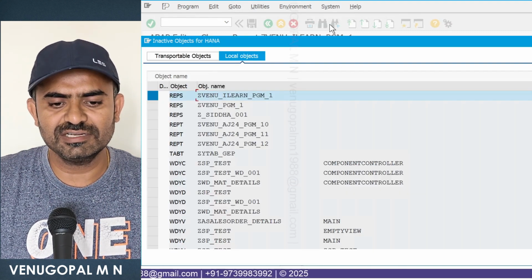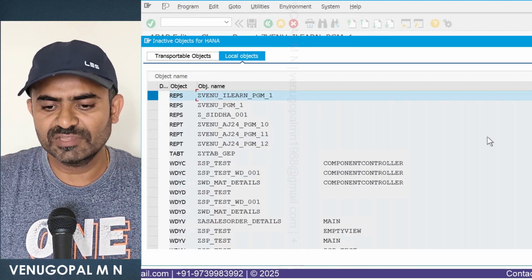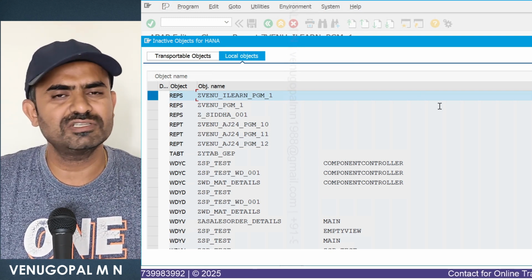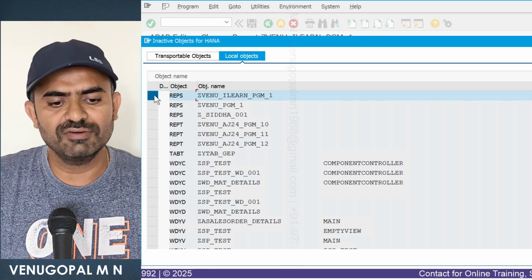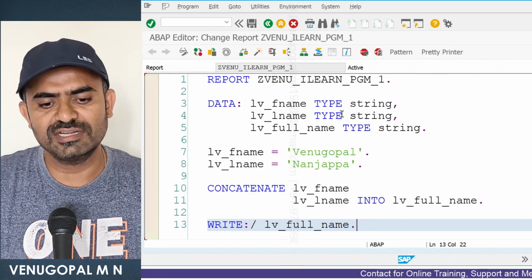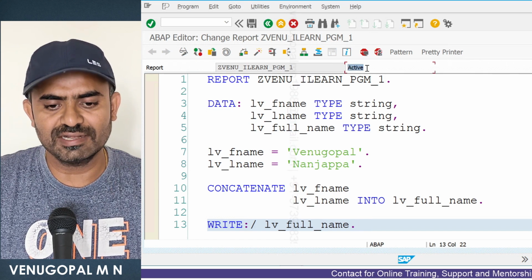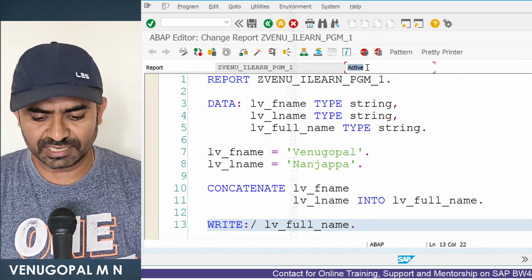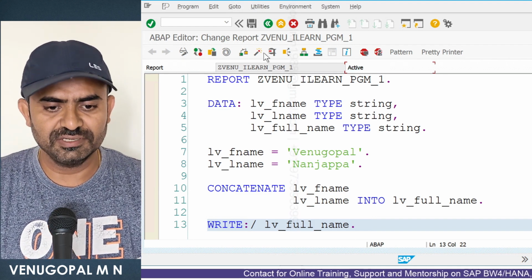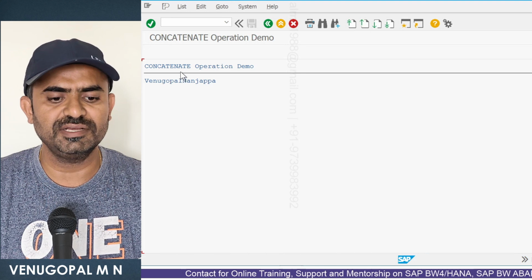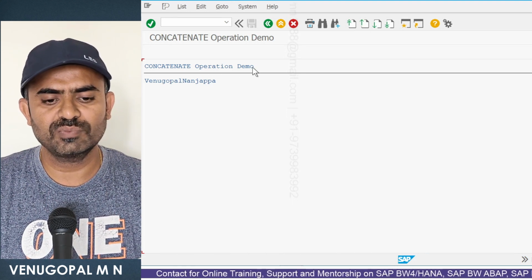Okay, click on activate. It will give a pop-up window wherein it will show the list of all the inactive objects for your ID. Since it's a demo system, a lot of inactive objects are there. However, my current program is already selected. I'll click on OK. If there is no syntax error, now my program will get activated. You see the program status has been updated as activated, okay, or active. Now if I run the program, you see Venugopal Nanjappa I am getting,